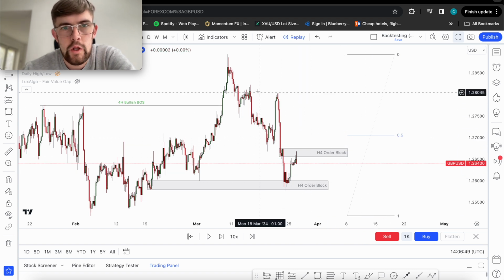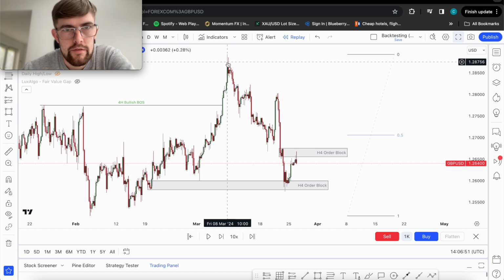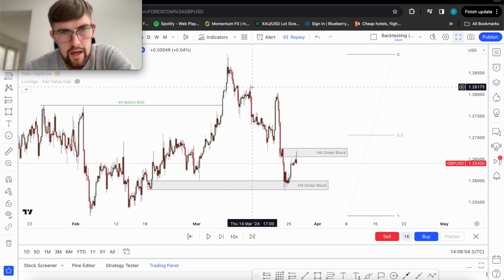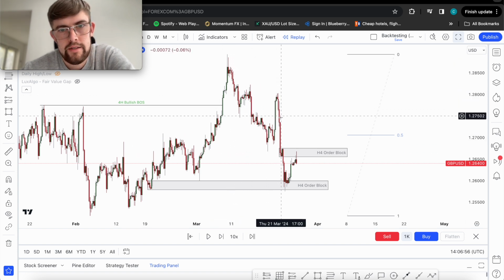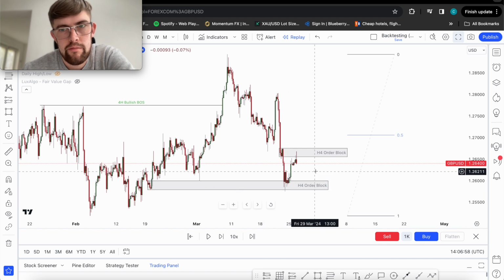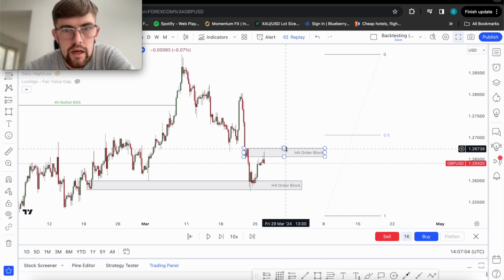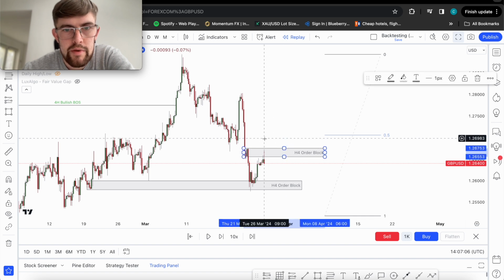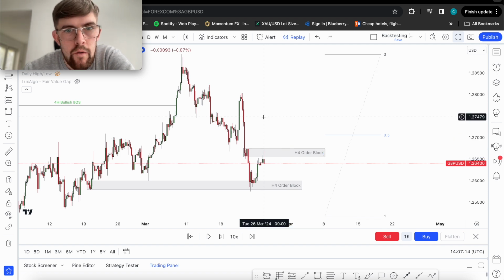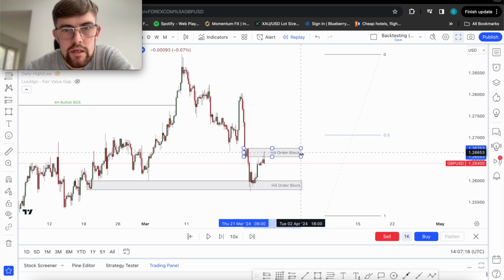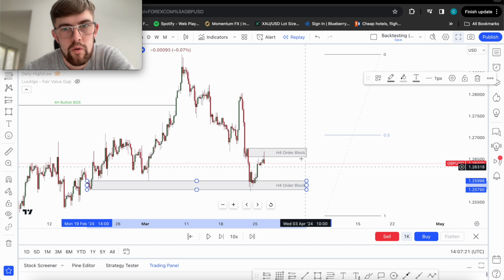So internal is bearish, because obviously you can see we're starting to form lower lows and lower highs as we make our way deeper and deeper into the discount region. And you can see here that the internal high here has just been mitigated at around 9 to 10 a.m. UTC time. So this obviously is an internal order block, which means that it is quite strong, but it won't